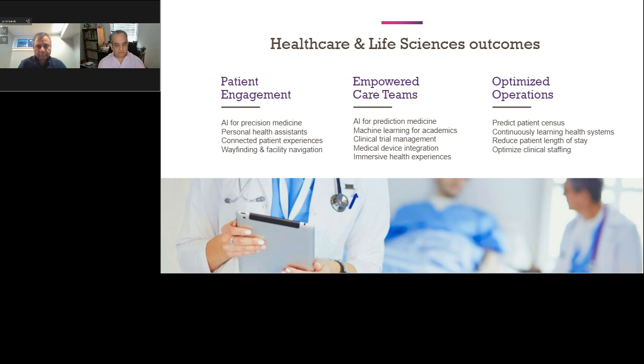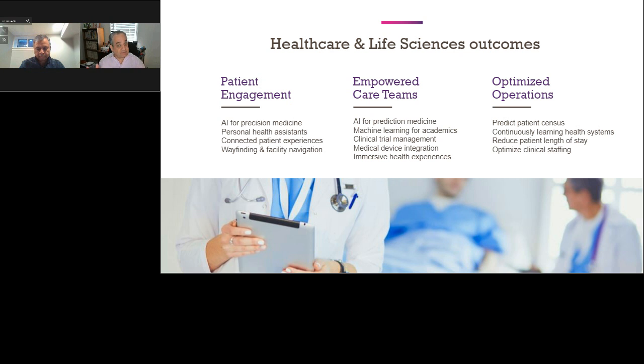So there's things like personal health assistants, connected patient experiences where the experience of the patient through their journey in the healthcare system gets accelerated and improved.